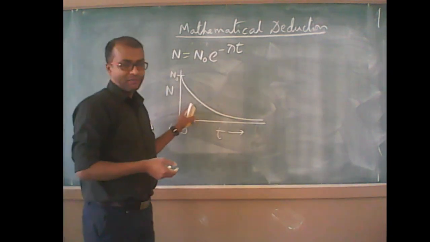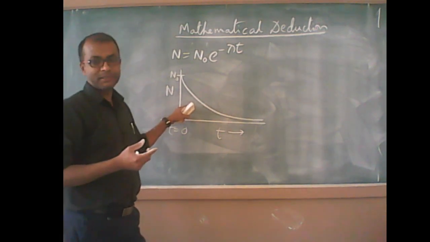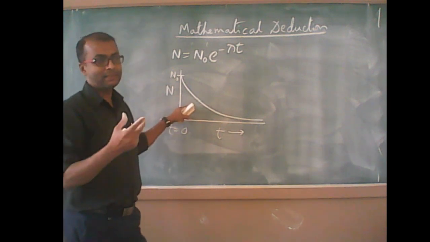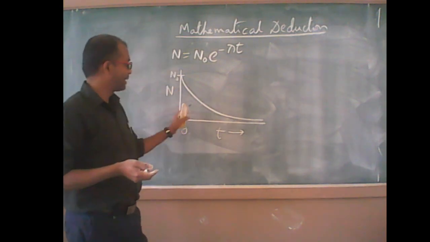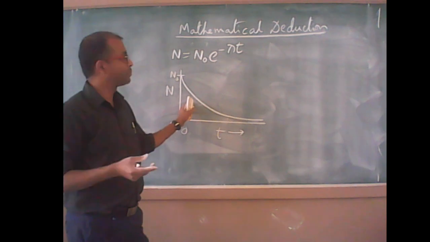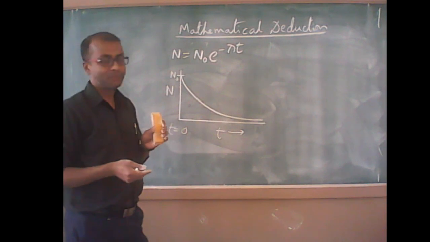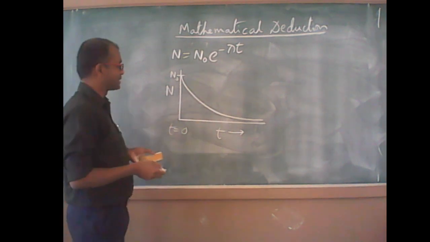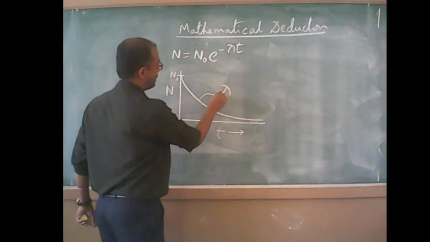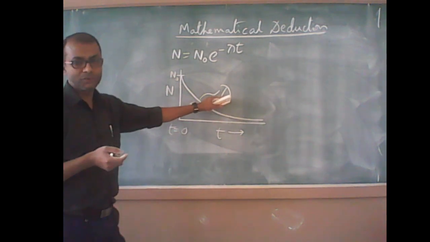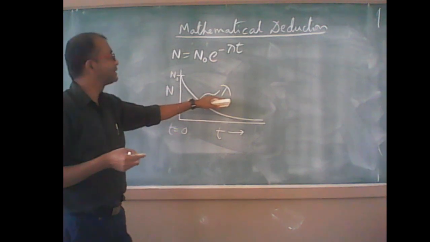So that makes radioactivity very interesting in a sense. If I have a radioactive sample, you can never say that the radiation is 0. You can never take it for granted that there is no emission from the radioactive substance. Why? Because the activity remains for infinite time. So we have to be careful while dealing with radioactive elements. Also, the slope of this curve depends on lambda, and this lambda, the disintegration constant, is different for different radioactive elements. It's characteristic of the elements.